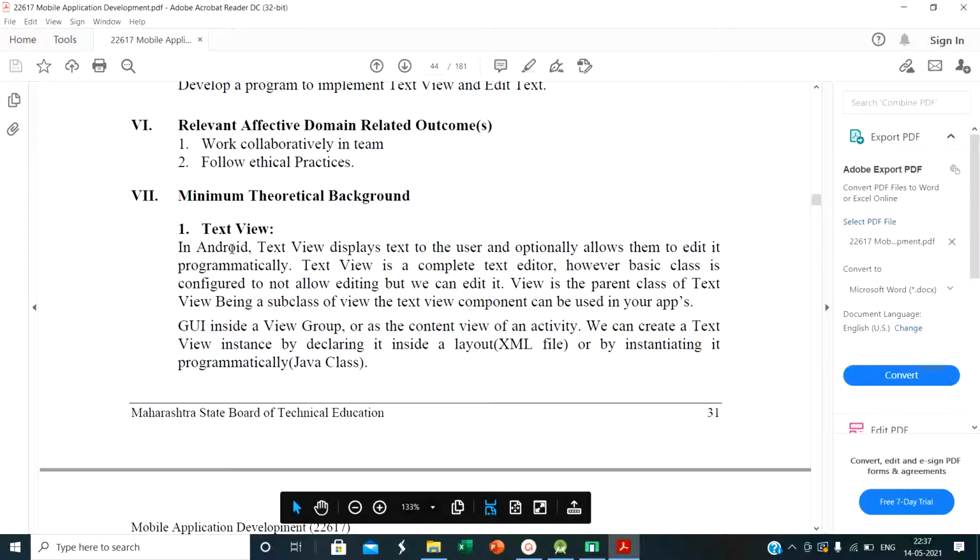Text view. In Android, text view displays the text to the user and optionally allows them to edit it programmatically. Text view is a complete text editor. However, the basic class is configured to not allow editing, but we can edit it. View is the parent class of text view.